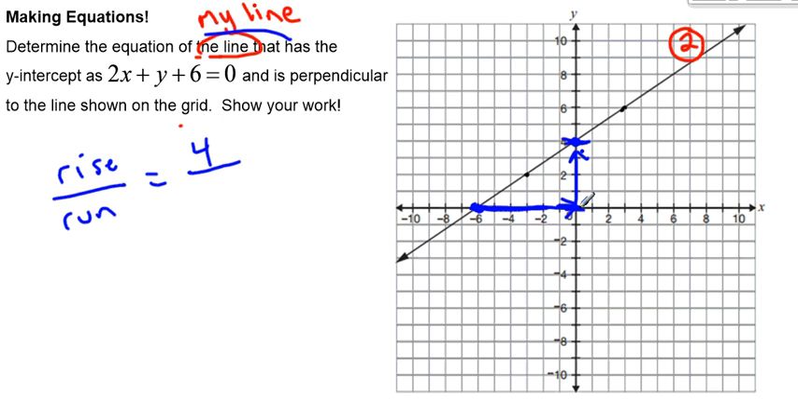And how much did I run? So I went from -6 to 0, which is a run of 6 units. So I moved 6 units to the right and 4 units up. Now,